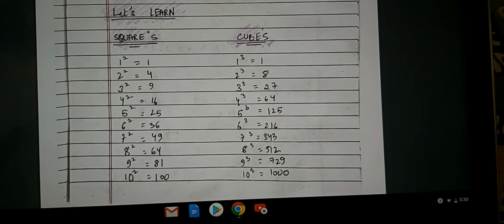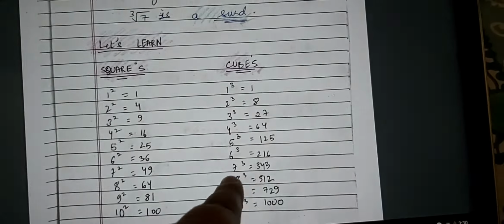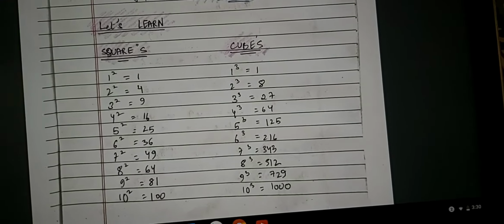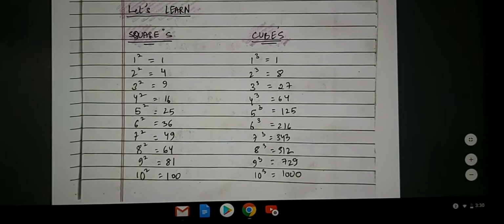Now, something that's very, very important for you to remember when you are doing this entire topic or the rest of the chapter are your squares and your roots. I've done this last year with you guys. In your notebook, you had written all your squares, 1 square, 2 square, 3 square, 4 square, and your cubes, 1 cube, 2 cube, till 10 cube. I've also given it to you over here. This is something you should write in your notebook.